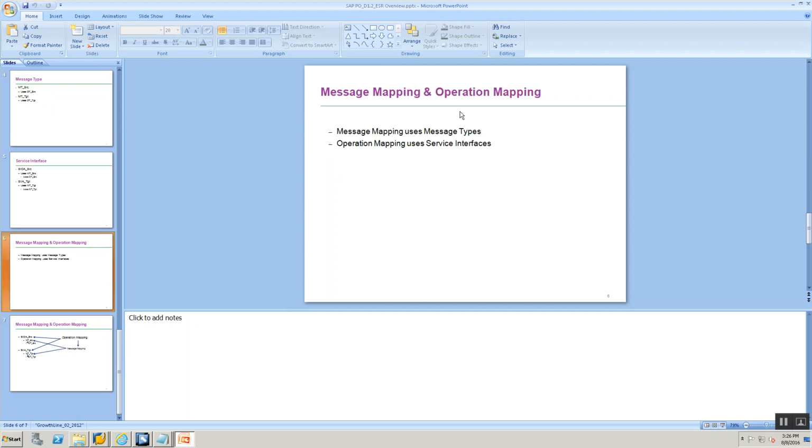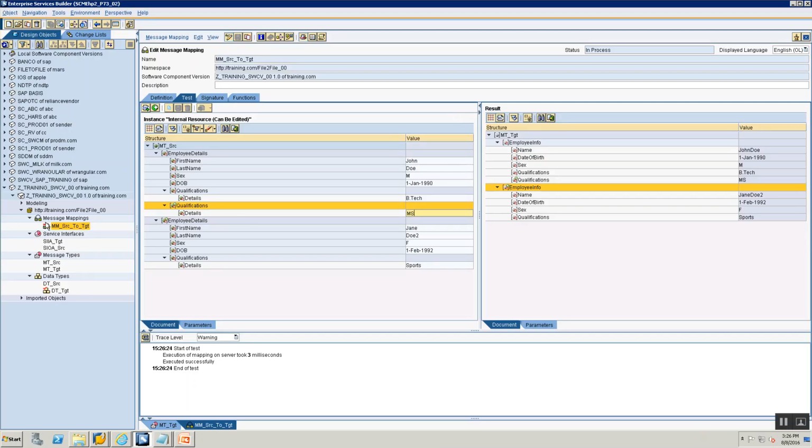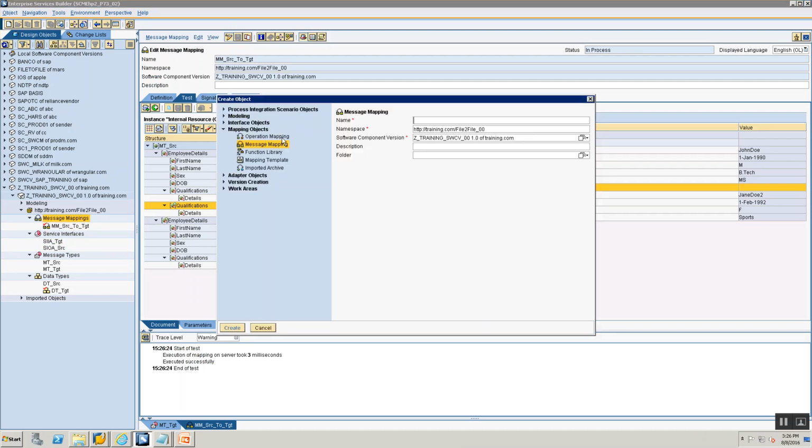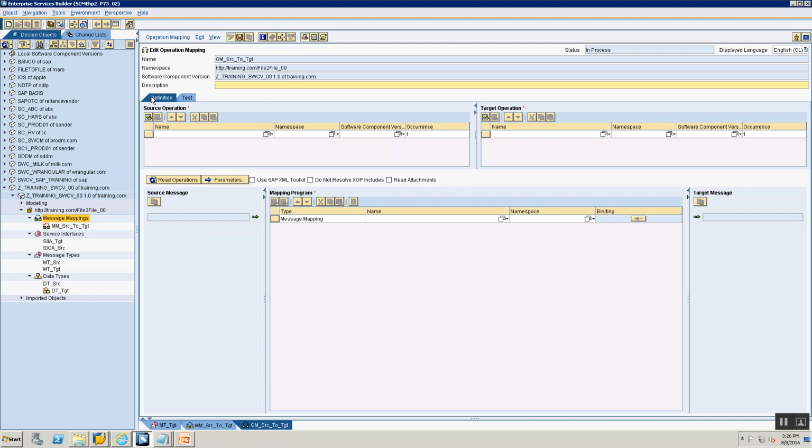After I've defined a message mapping, I need to define my operation mapping. How do I do that? Right click, say operation mapping. Make sure you're within the mapping object, select operation mapping, give the name OM SRC to target. Okay. Make sure that the namespace is file to file, and say create. What does it ask? It asks for a source operation and a target operation. Remember, I had mentioned